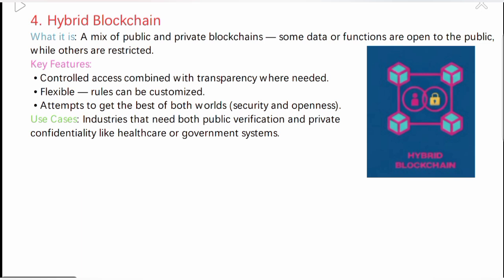Here, the hybrid blockchain is a combination of both public and private blockchains. So here some data or functions are open to the public while others are restricted. The key features are controlled access combined with transparency where needed, and flexible, the rules are customized. So some features may be taken from the public blockchain and some from the private blockchain. It attempts to get the best of both worlds, that is security and openness. So it is mainly used in industries that need both public verification and private confidentiality, like healthcare or government